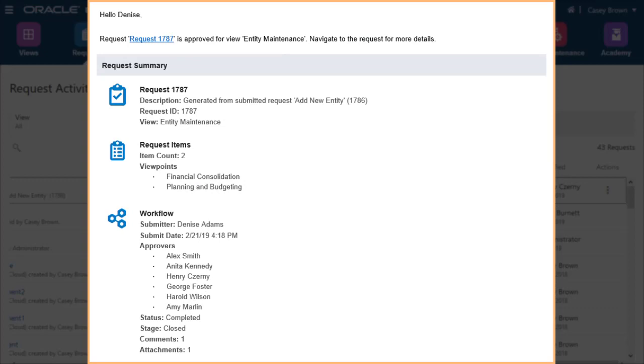Denise receives an email notifying her that the request she submitted as a subscriber has been approved. The email includes the details of the approval workflow, such as the number of request items, the viewpoints,